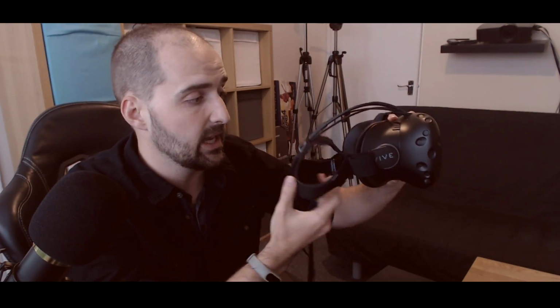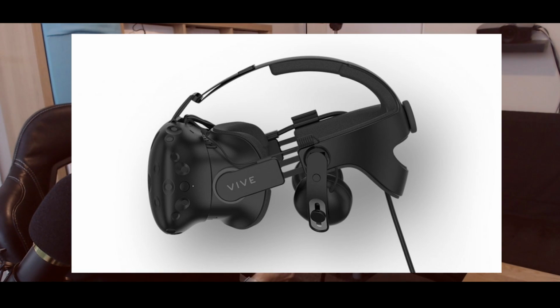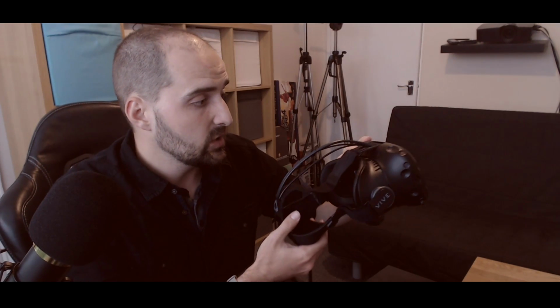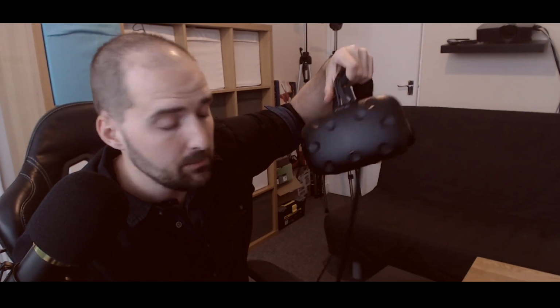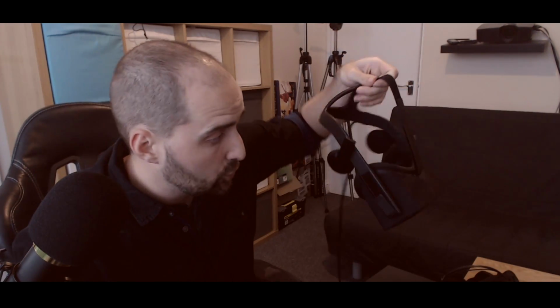HTC are just releasing a new head strap, which will be a firmer head strap with the headphones built in. Basically, fairly similar to what the Rift has got, but that's going to be another £100. I think it's £100 or so, £90 or so. I don't know the exact price, but around about £100. So you're going to be ending up spending significantly more on the Vive when you could get the Rift out of the box without the touch controllers for